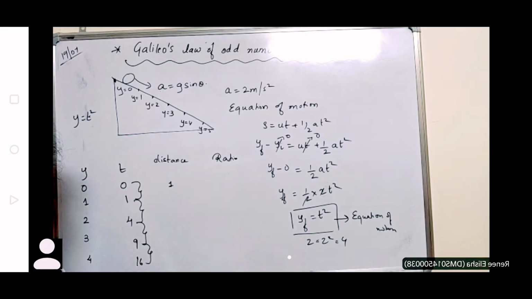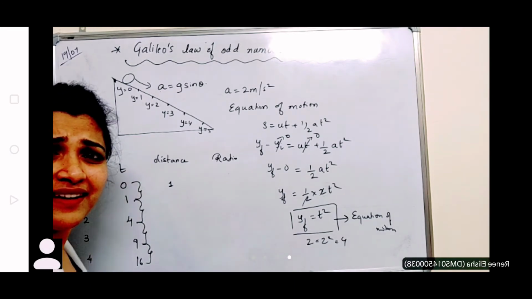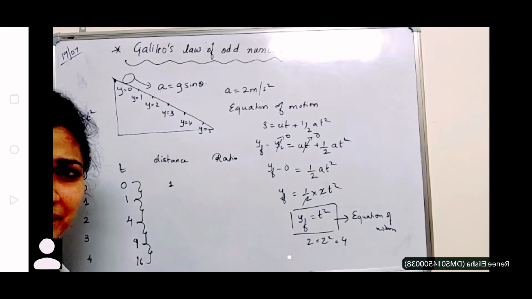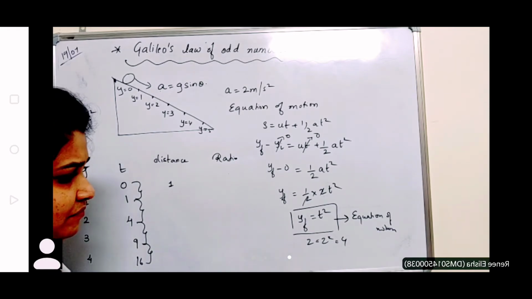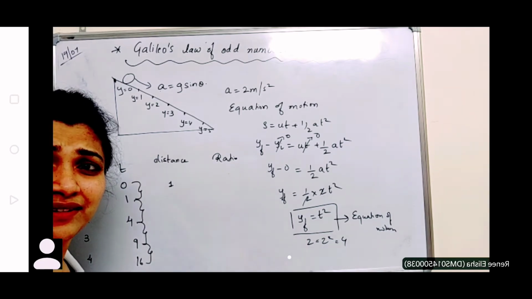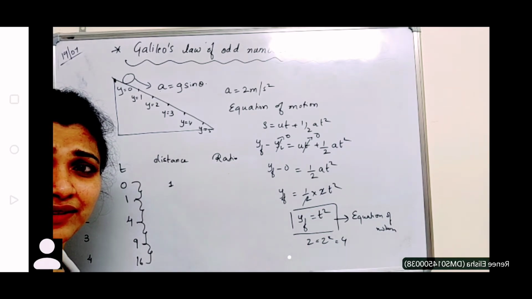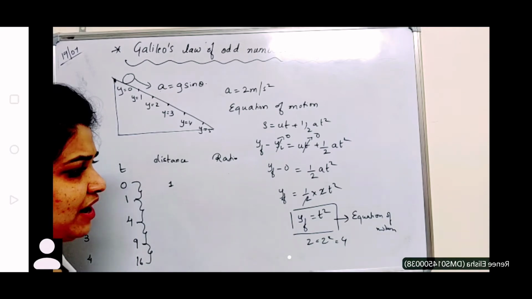Understood? No, square, square. T square. Position. This is position. With respect to position, what is the time? y is not equal to t, so it is t square. So root will go on to the left hand side and it will become root of y, plus or minus, which is equal to t. Why are you taking that? Because y is not equal to t over here.